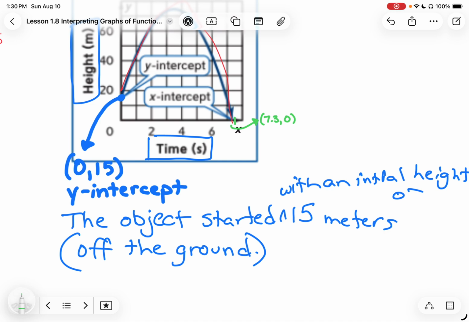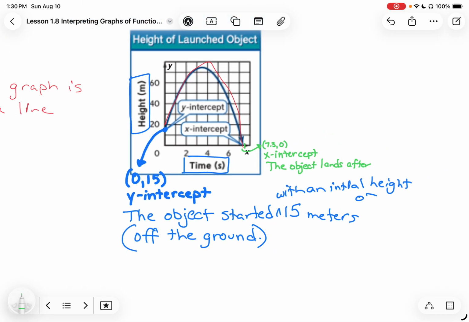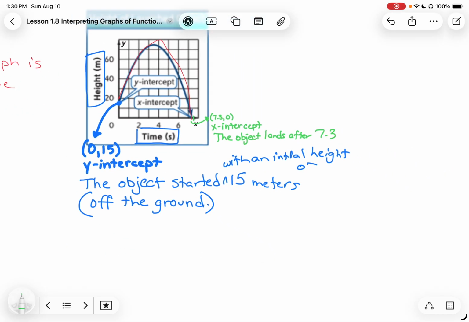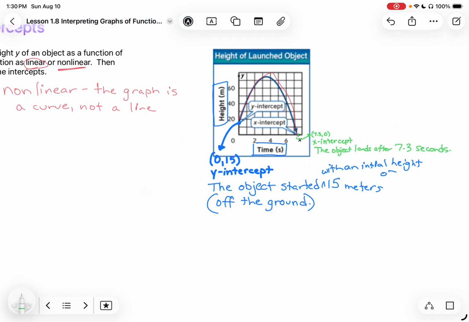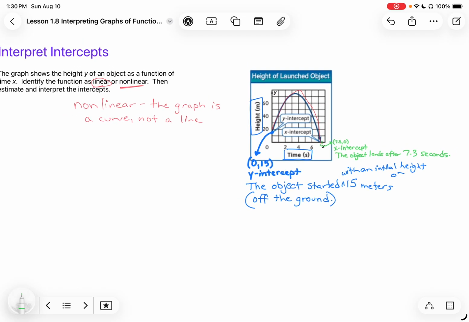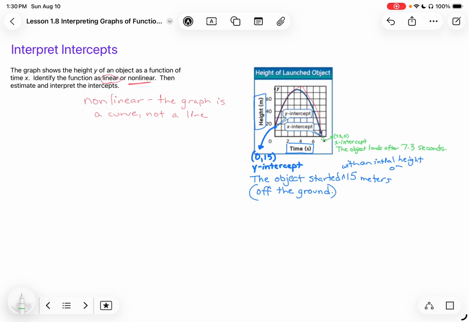So we would say for this x-intercept, the object lands after 7.3 seconds. And that is where the object starts: it starts 15 meters as its initial height, probably off the ground, and then it lands after 7.3